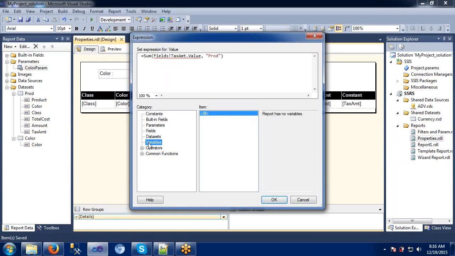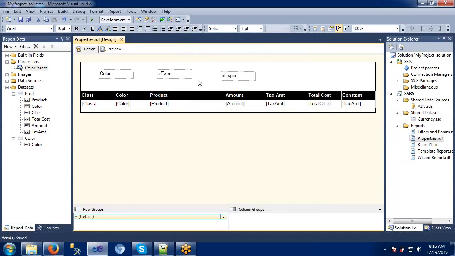Okay. Here it is showing no variables are available. Why? Because we didn't define any variables in our report. That's why it is saying, boss, we don't have any variables available in our report to use in this expression. Okay, try to have some variables here. As of now, I'm deleting this one. Make sure that you do not get confused by all this stuff.